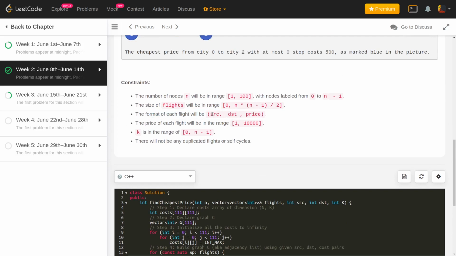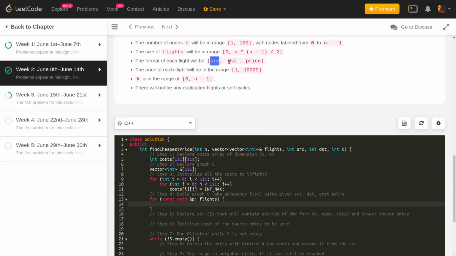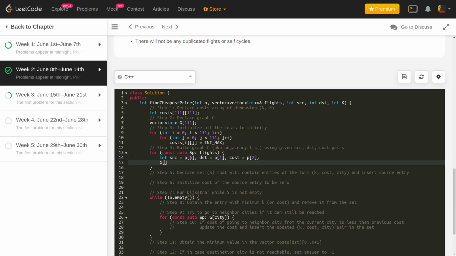So I'll be taking the source, which is present at the 0th index, and pushing this destination, price pair in this G of source. Okay, so I can have src equals p of 0, destination equals p of 1, and cost equals p of 2. And I'll be doing G of src dot push_back.